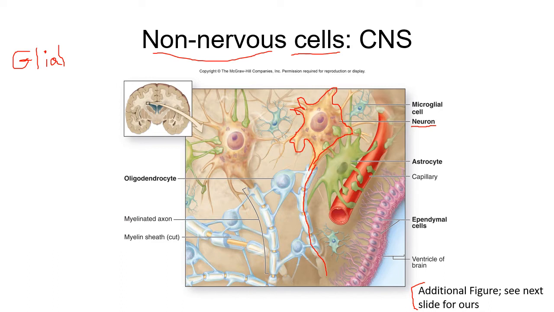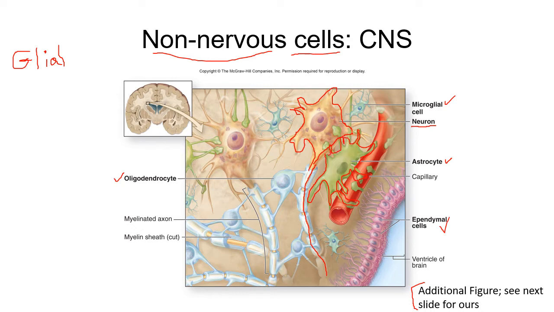Some of these other glial cells that we'll take a look at are astrocytes, oligodendrocytes, ependymal, and microglial. So an astrocyte is this one here, which basically is going to connect a blood capillary